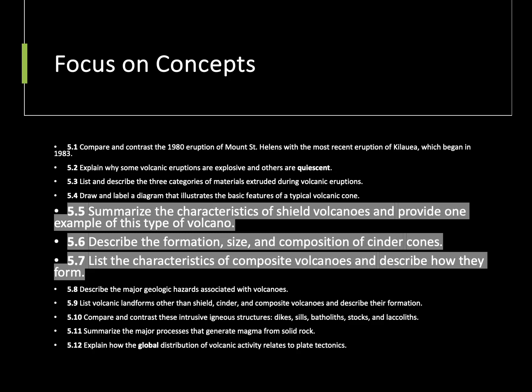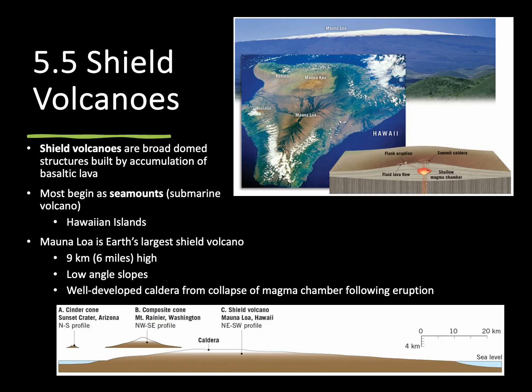This video is going to focus on the three major types of volcanoes that we see on our planet: shield volcanoes, cinder cones, and composite volcanoes. We're going to start off with shield volcanoes, which are these really wide, relatively flat volcanoes. And I remember them because they look like Captain America's shield if he were to lay it down on the